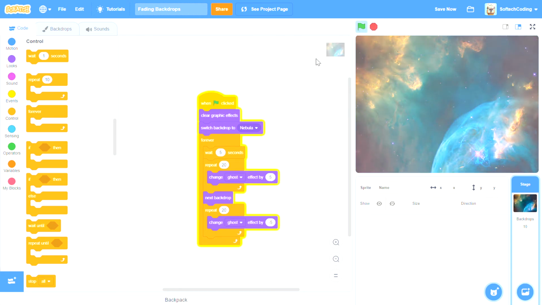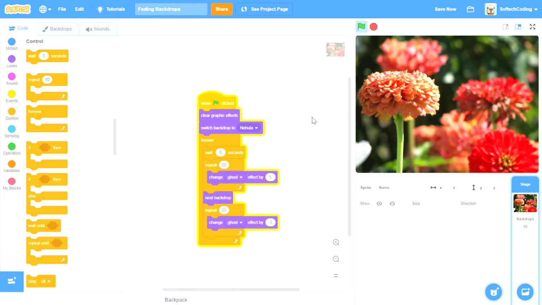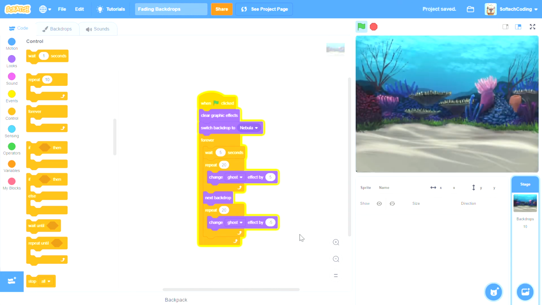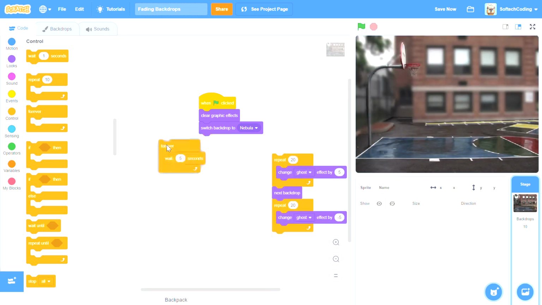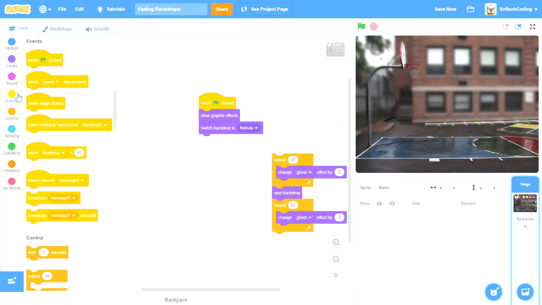If you wanted to just upload some pictures and make it slow, you can just upload pictures here from your laptop or your device. So it makes a slow, steady change of backdrops. But if you want to make it like a slideshow, so when you click a button, then it switches backdrops, it's very simple. All you have to do is pull out this forever block